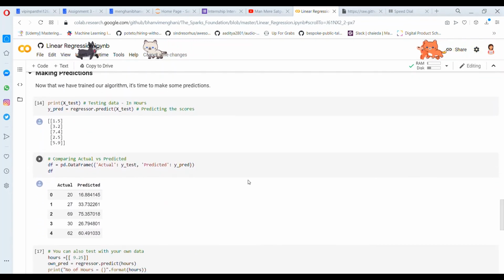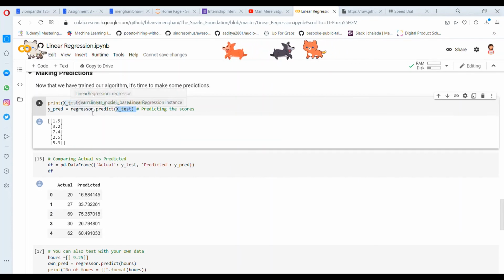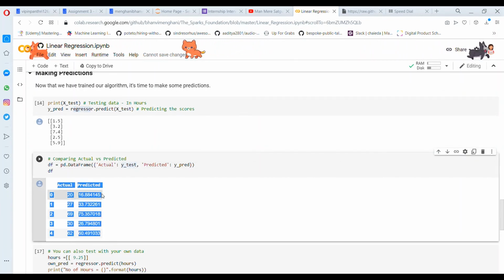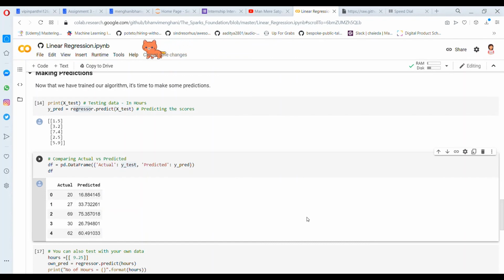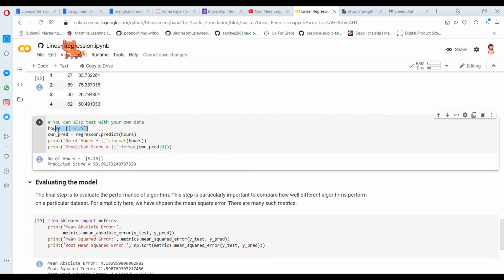Next, we have tried to make a prediction. We have tried to predict the y values using the x test values on the linear regressor which was trained on the x data. After predicting, we have compared the actual values and the predicted values, and it shows that our model has performed really well. Now we can also test it with random data of our own, which is not present in the data set, and we have taken 9.25 for this purpose. So this is the format of the hours and the scores which we have tried to predict here, and it shows the predicted score of